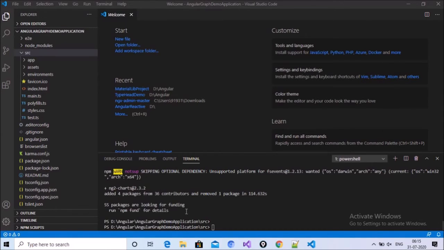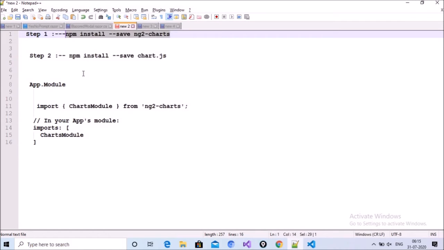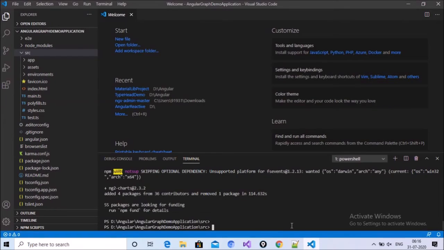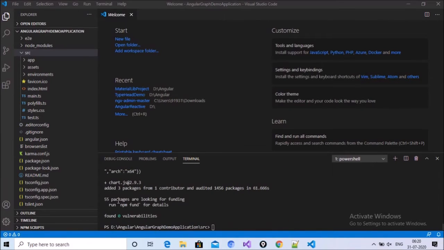The second step is npm install --save chart.js. Copy this one, paste it here, and press enter.